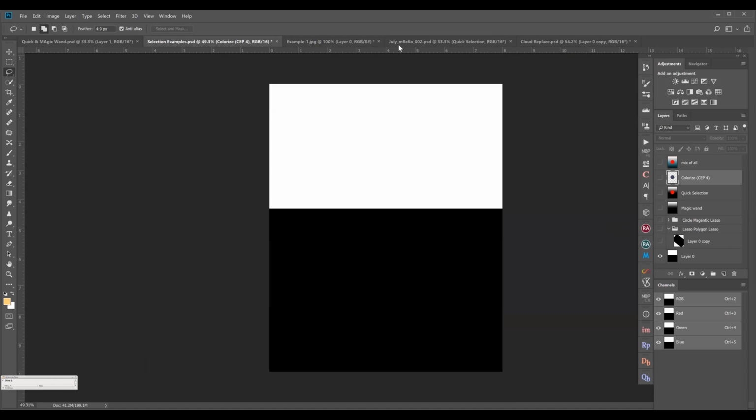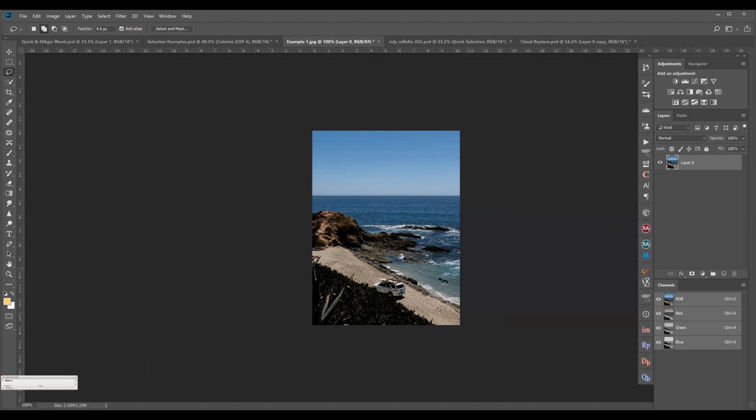In real life, you will find examples like this. For instance, you take a shot where there is a straight horizon. You can apply this tool and select only the horizon. Since the horizon is straight, I have just selected it and got the sky selected, so whatever adjustments I do now will be only on the sky.